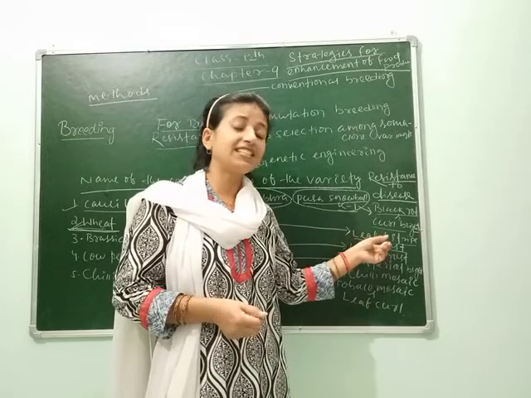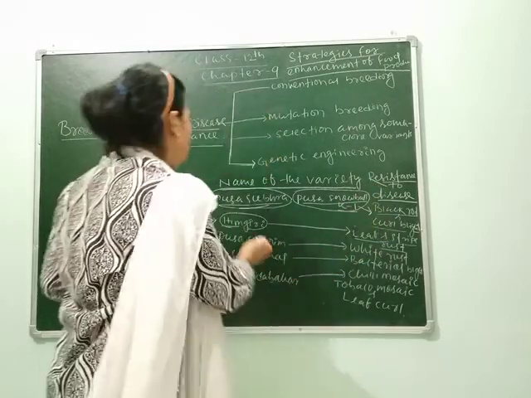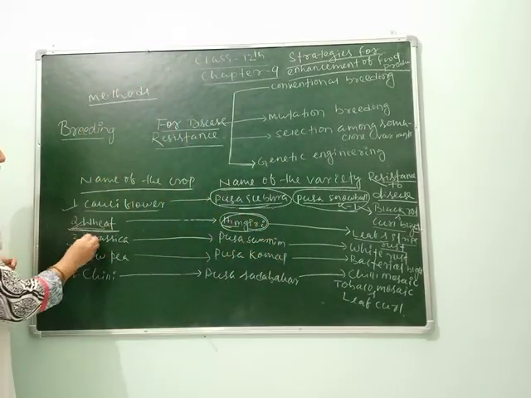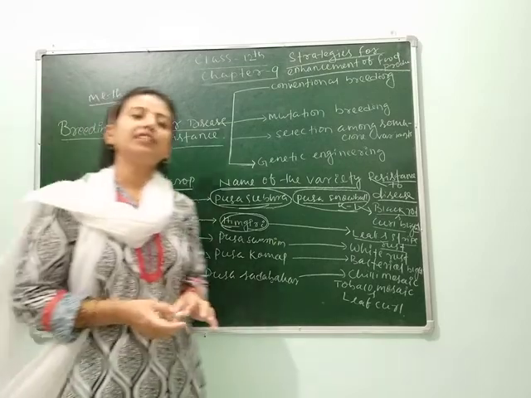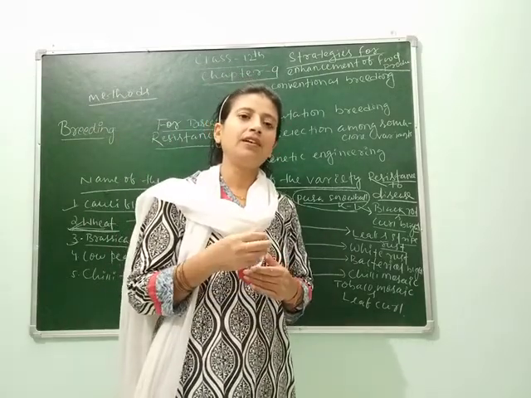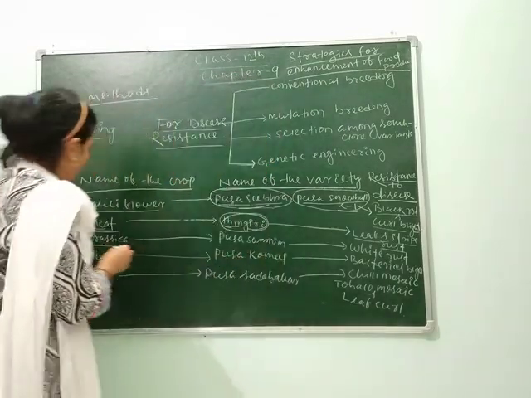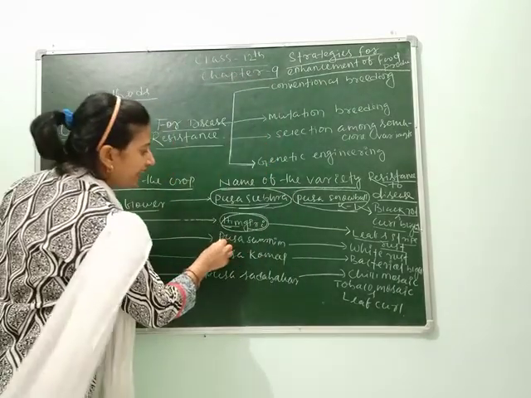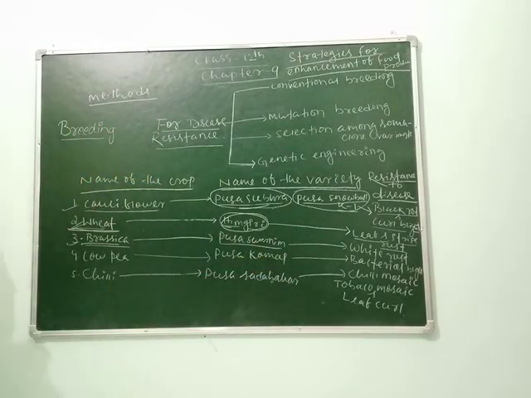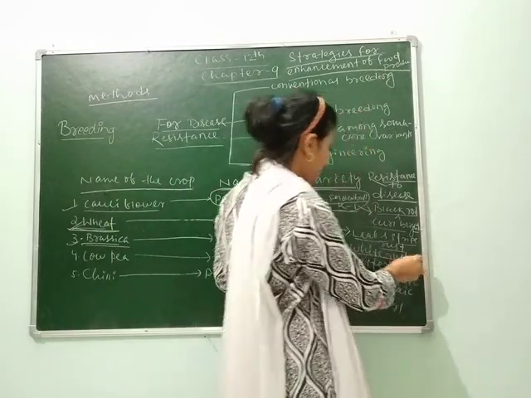That's why the resistance to this disease is put in the Himgiri variety of wheat. Next we move to Brassica. Brassica comes from the family Brassicaceae, which you can say as mustard and rye. In Brassica, the variety is Pusa Swarnim. Pusa Swarnim is the variety that is resistant to white rust disease.